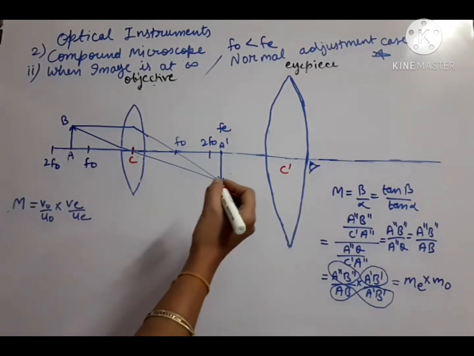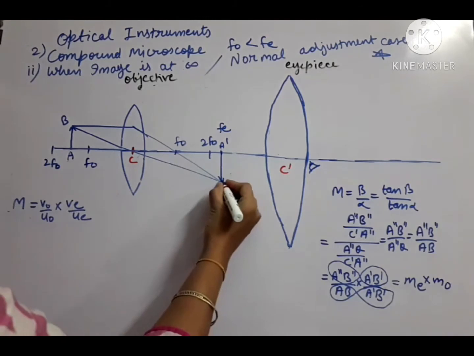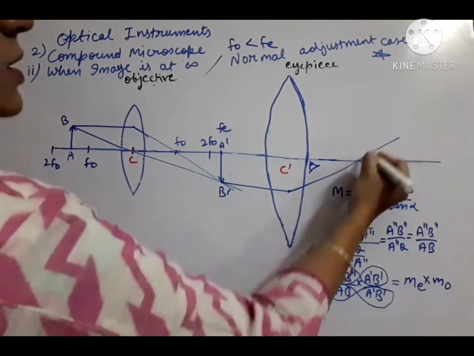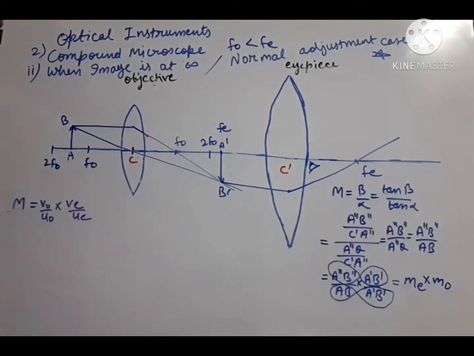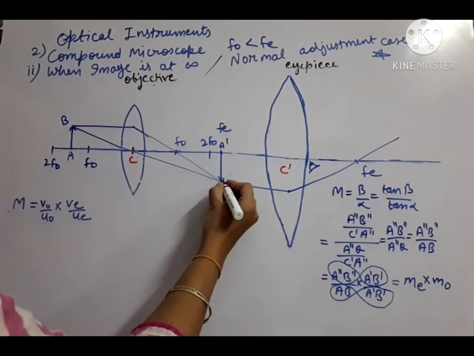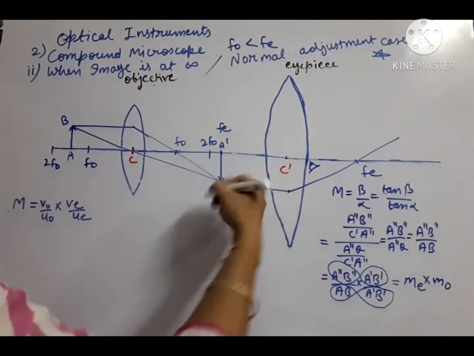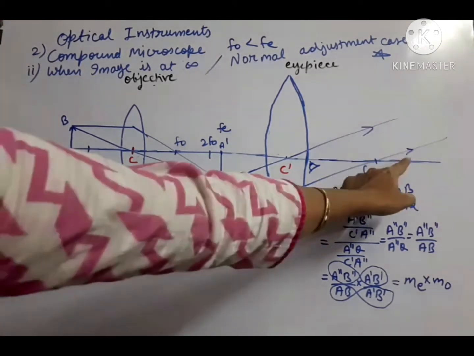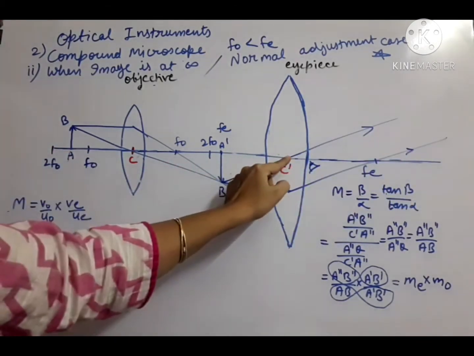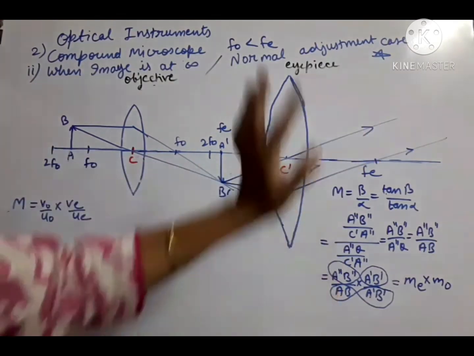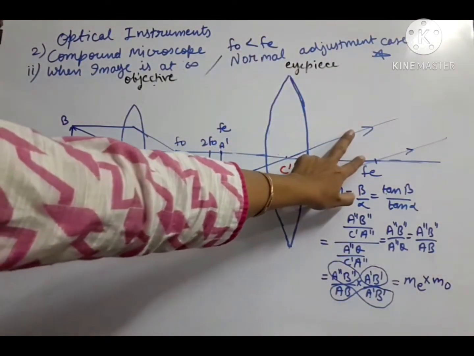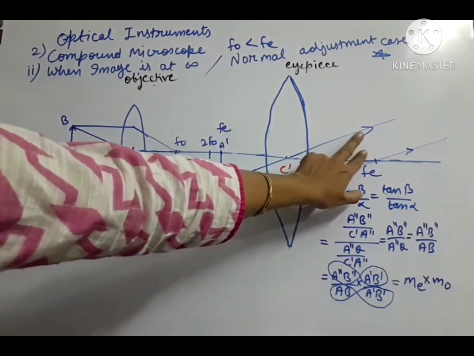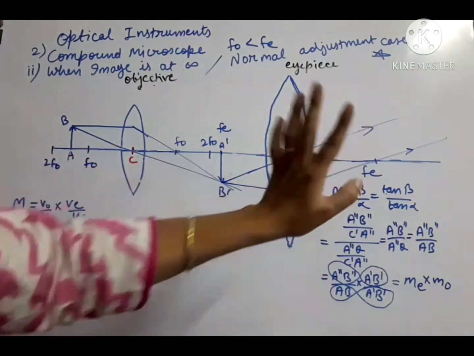Okay. Now let us make the image diagram. One ray parallel will go after refraction through focus. Suppose this is the focus FE. Then the second ray we have to pass through the optical center. It should go unbent. Now these two rays look parallel because they never meet. If the two rays are not meeting, it means that the image is formed at infinity.